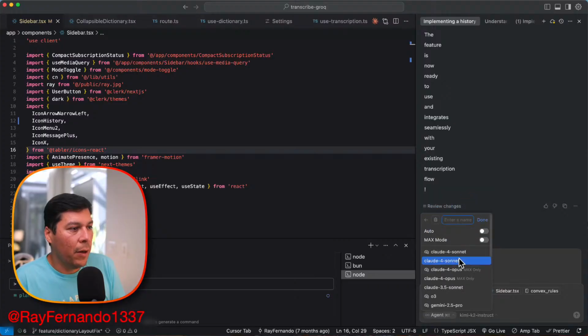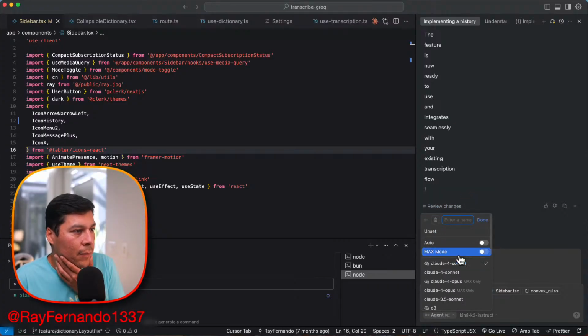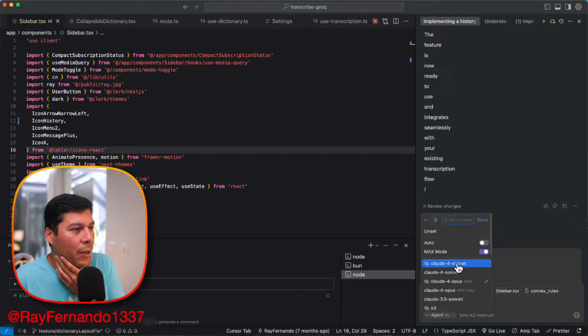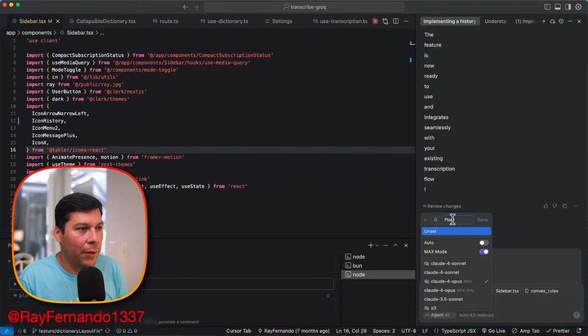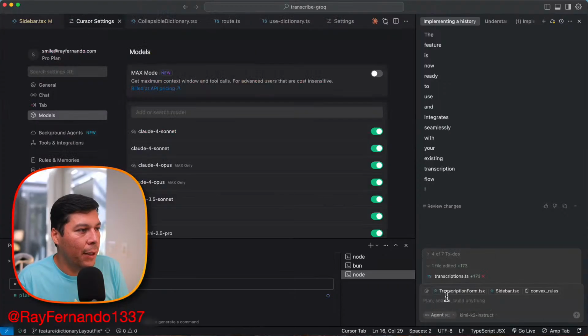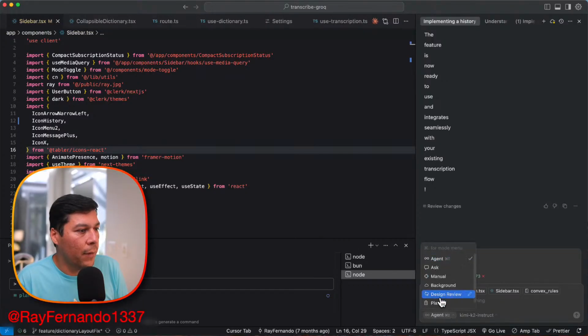So if I set a model, for example, Claude Sonnet, or let's just say Max, right? I want to have the Claude Max, all of the tokens, burn the whole house down. And then I just call it plan, right? Plan mode. And I go back, and then I have the model selected. Can I add more models? No, I'm good. So down here, okay, I have a plan.